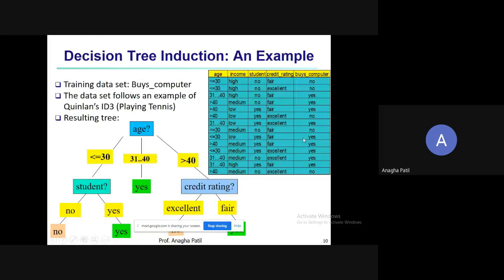So we have this particular database having a total of 5 attributes or dimensions: age, income, student, credit rating, and buys computer. Let's say that we have been provided with the task that we have to classify a particular record into buys computer equal to yes or buys computer equal to no. So class labels are already provided. So how can we make a decision tree based on this?